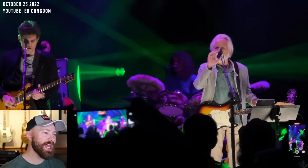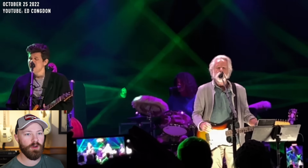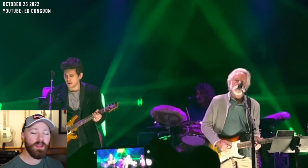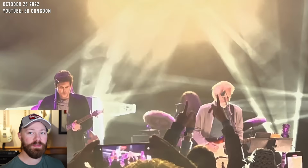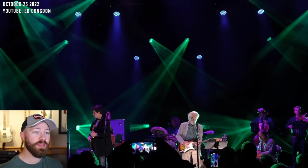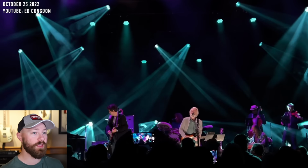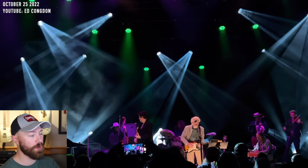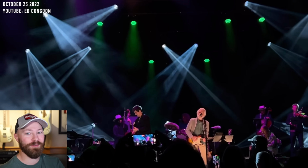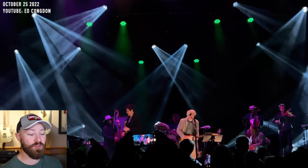But maybe the time has come and gone, at least for a Honey John Mayer signature PRS, because as far as I've been able to find, the last time that I've seen John holding Honey and playing it live was at the Greek Theater in Los Angeles with Bob Weir and the Wolf Brothers on October 25th of 2022. This performance that you're seeing here, 2 years ago now, pretty much, is the last time I've actually seen John